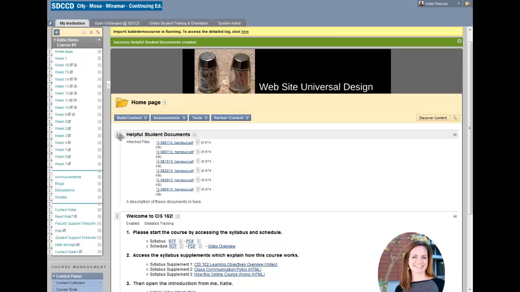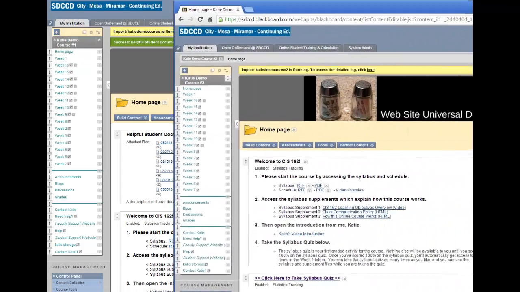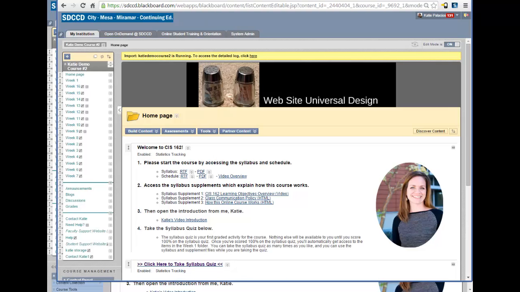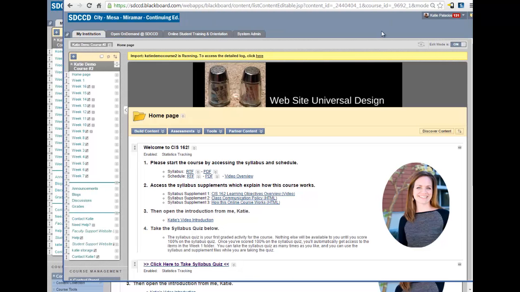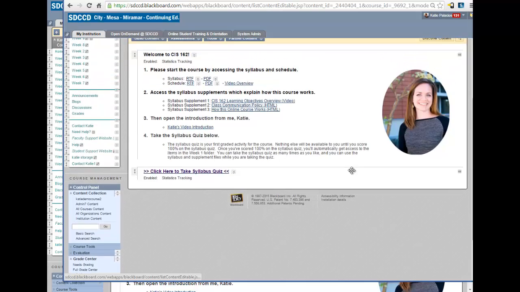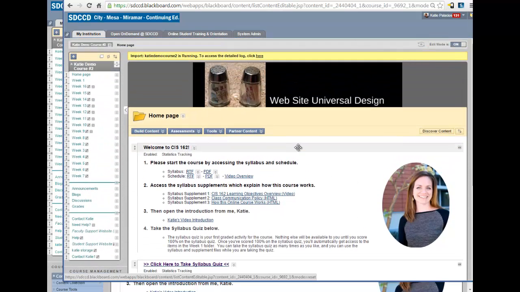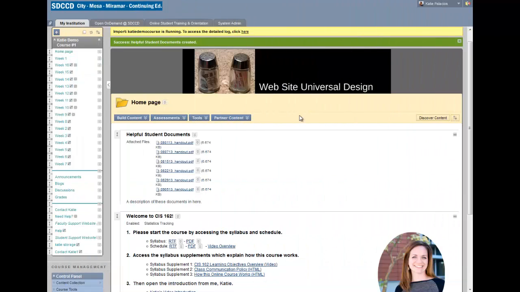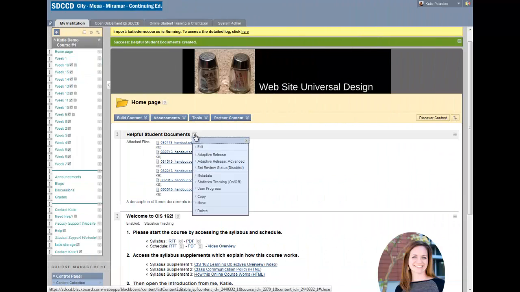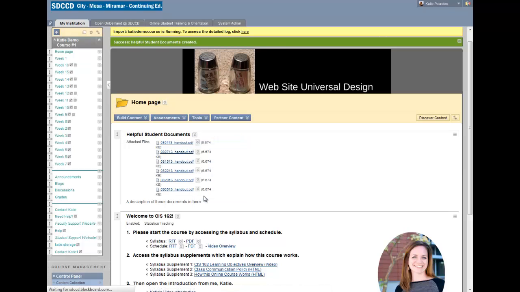So I can take this entire helpful student documents item and I could copy it to my demo course 2. So right now, demo course 2, I'll show you, is over here. It's exactly the same. I'm teaching 2 sections of the same course. It doesn't have that handouts item on it. Okay, so if I wanted to copy it pretty quickly to that course, I could just say drop down arrow, and in this item I've got the option to copy. So I would select copy,